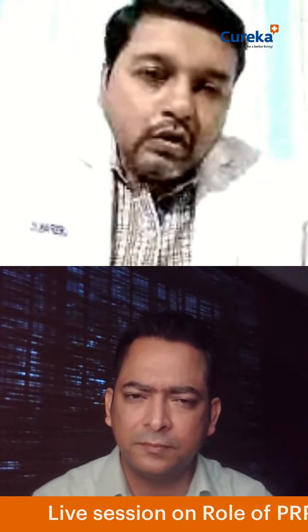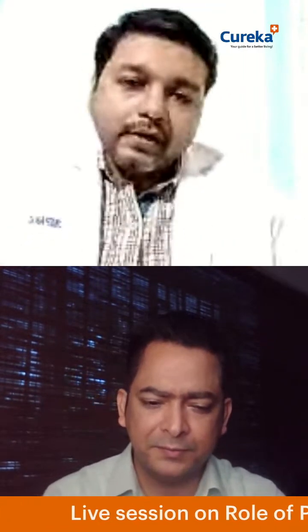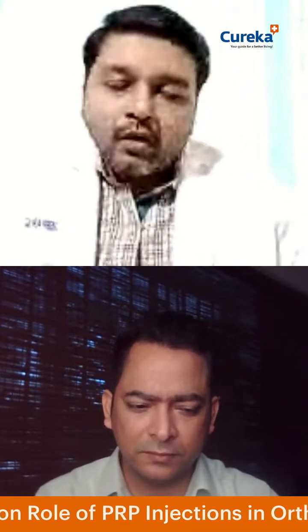The first thing is you have to check for any contraindications to giving the PRP injection, meaning which patients are ideal. If the patient is anemic, so their Hb is very low, we cannot give the PRP injection. If their platelet count is very low, there also we cannot give. It may be because of thrombocytopenia, what we call idiopathic, where we don't know the reason. The platelet count is very low, or they have dengue where platelets are very low, or they may be